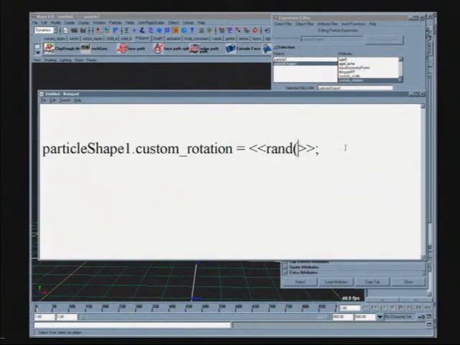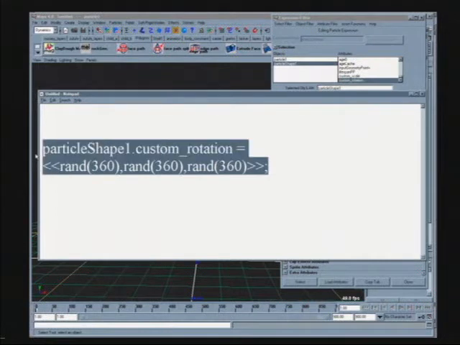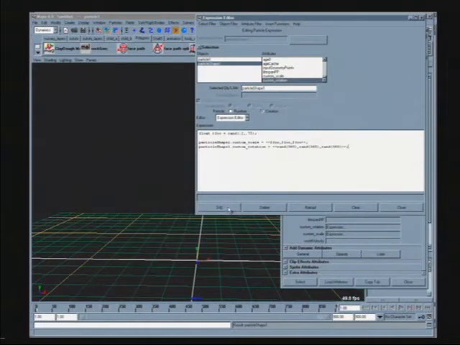Equals rand 360, comma, and then we'll use rand 360 for all three attributes. And so this way, if I go and enter this, comma, enter it again, this is something that for scale we didn't want to do because we wanted them to be proportionally scaled. But for something like rotation, it's okay because we want them to just be oriented differently. So I will go in here, copy this, enter this as my creation expression for my particle rotation, hit edit,